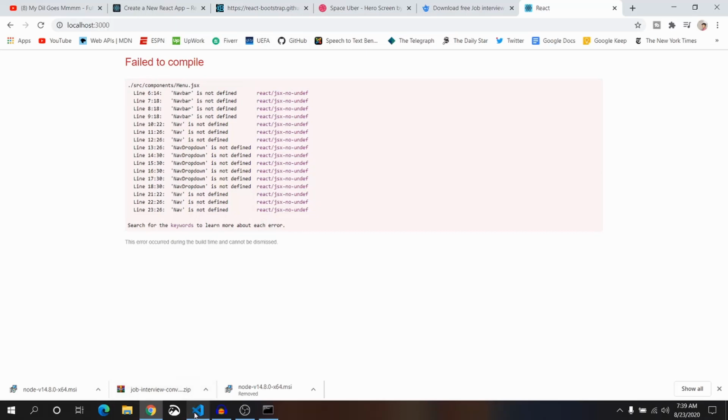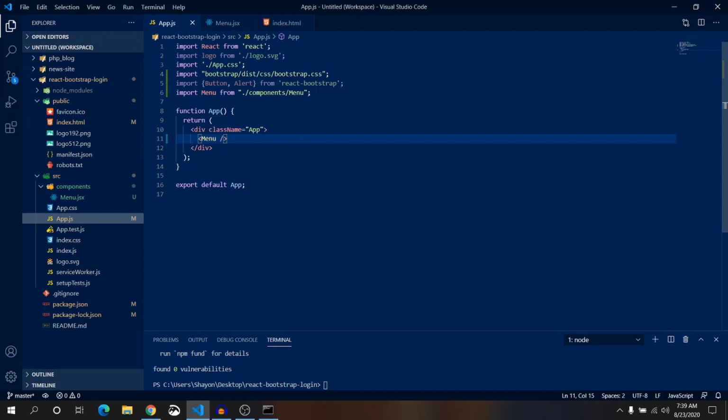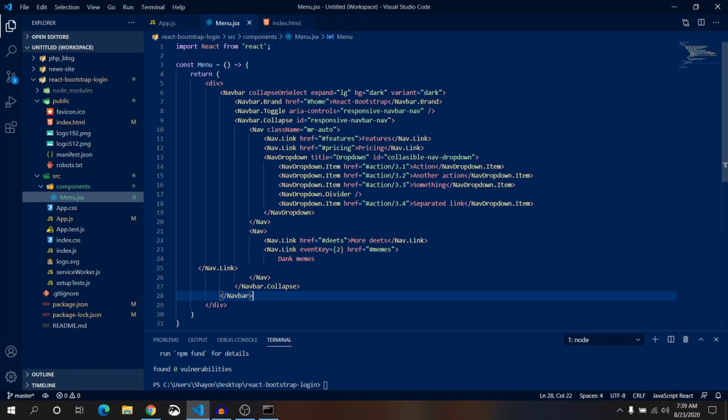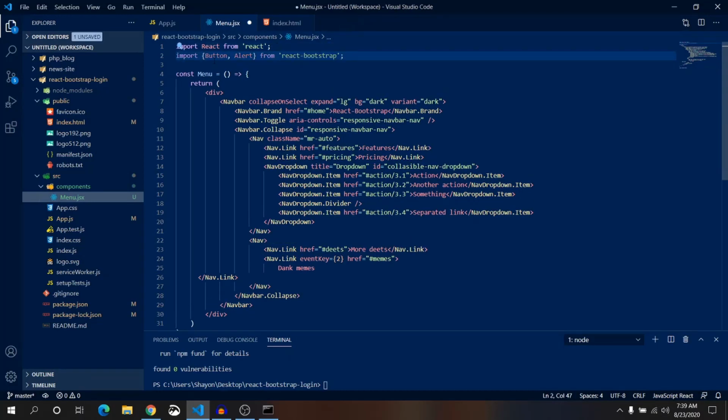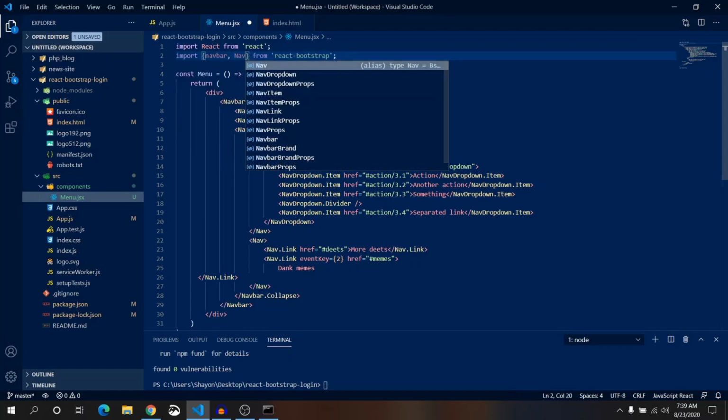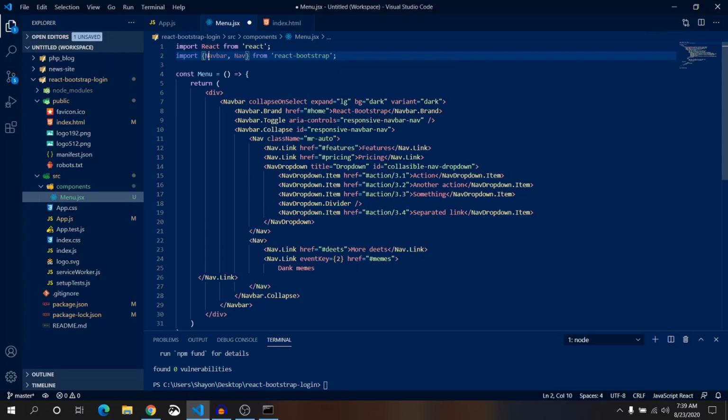We need three. Okay, let's copy this button and alert import and paste it inside menu. First one will be Navbar, Nav, and NavDropdown as well. Copy this and paste it here. Save it. Let's check it.